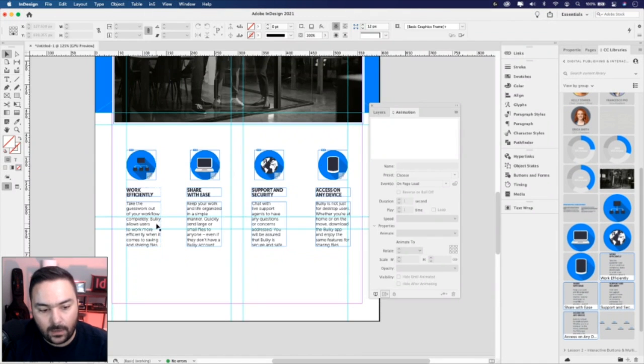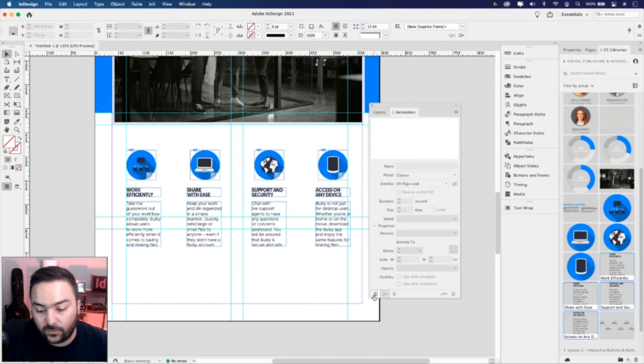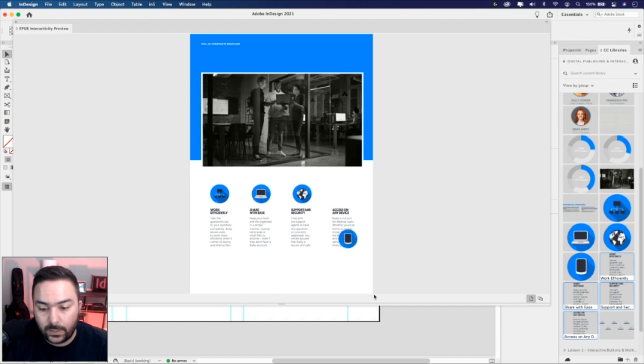We don't want that. So click on each one, and in the visibility option in the animation panel, hide it until it's animated. So click each one, hide until animated, hide until animated, hide until animated. So if you play that now, you'll see that they'll come in individually.